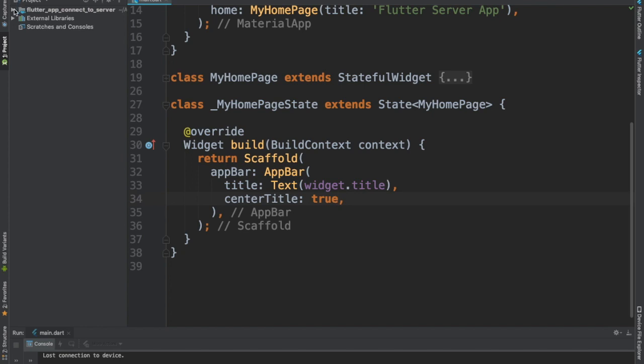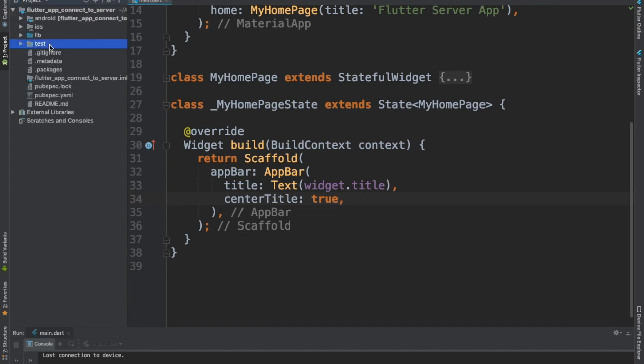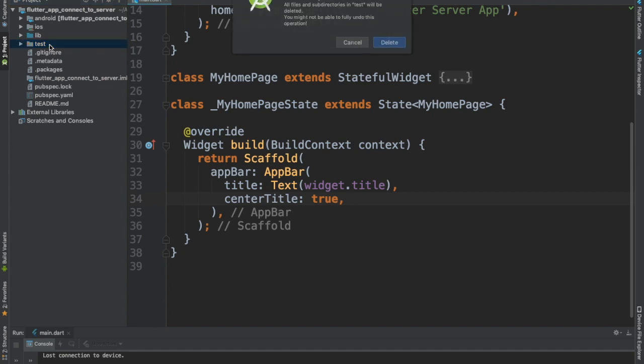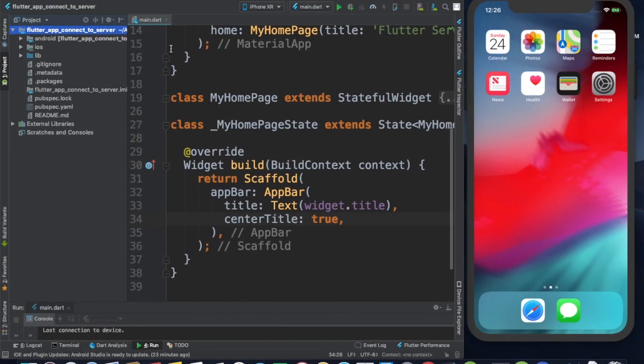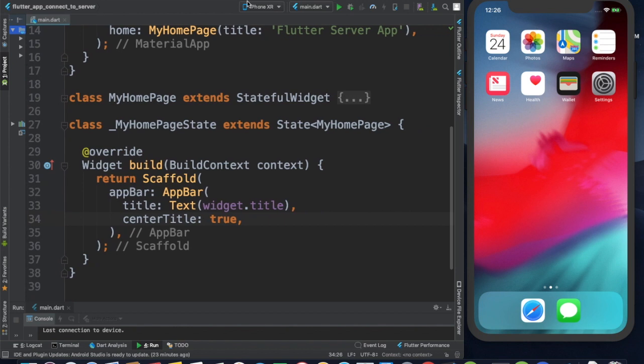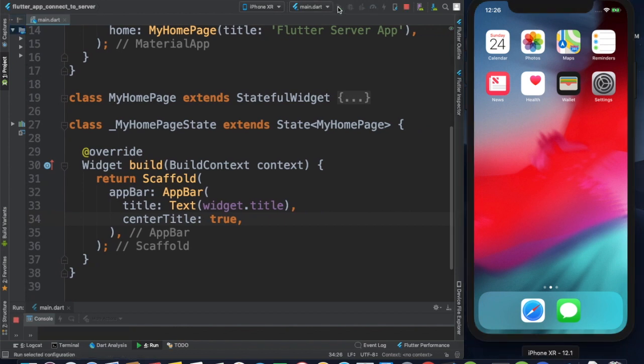Okay, now let us do something else, which is deleting this test, you delete. Now it's about time for us to run our app. Hopefully it doesn't take too long. But anyways, while the app is running, I'm going to show you guys